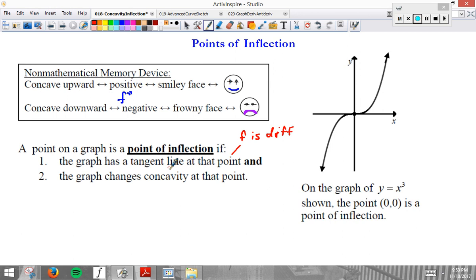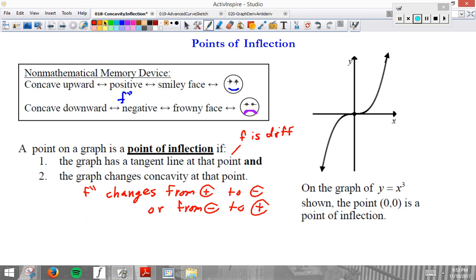Furthermore, not only is f differentiable, but the graph changes concavity at that point. So f double prime changes from positive to negative, or from negative to positive,